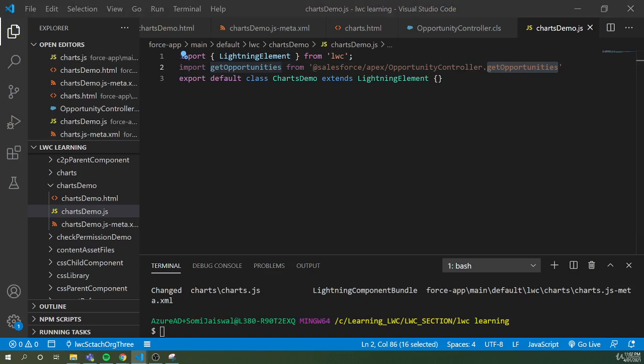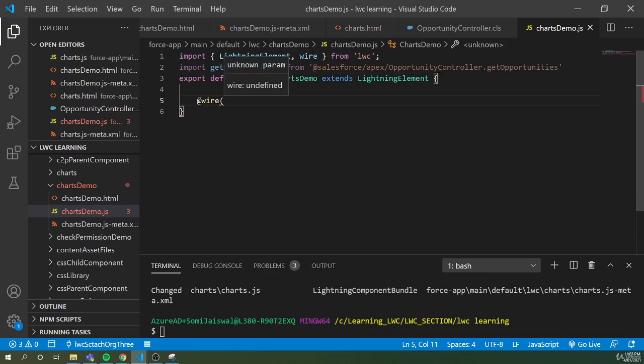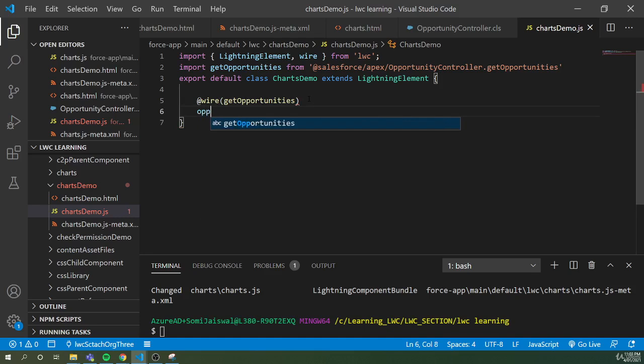Now we have our method available inside the component, and now we're gonna use a wire service, and we need to import the wire from the LWC, then we have to pass our method name, and we're gonna use it here as a wire property. So I'll give a name called opportunityHandler to my function, and it will receive the data as well as error,